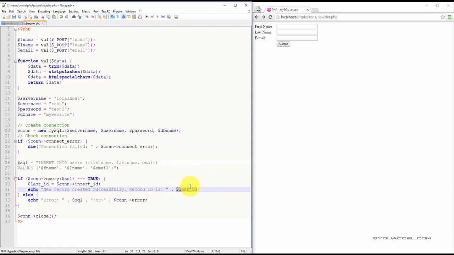So let's test the script to make sure it works. I've saved the file, and I'm just going to reload the form, and I'll enter some information. Okay, so we can see the messages popped up, and the record ID is 32, so we can verify that